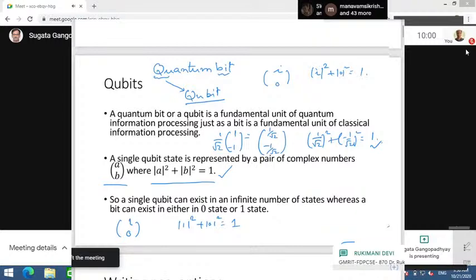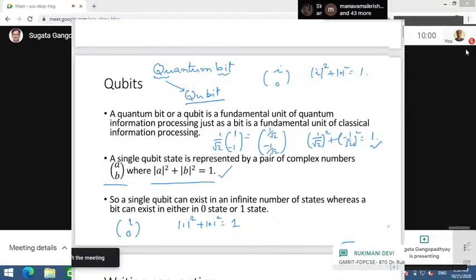So this is 1 by root 2 ket 0 plus i times 1 by root 2 ket 1. So there are physical processes by which we can create quantum states like this, or any one quantum state that we choose to construct. But what is not known,